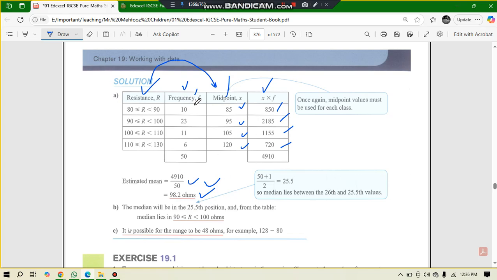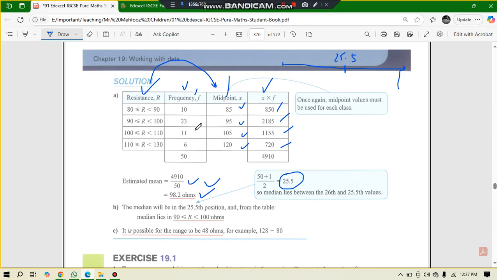Why? Because the total frequency is 50. So the total number of values is 50, right? So the central value can be found as n plus 1 over 2, that is 25.5. It means that the 25.5th value is the median. The median will be in the 25.5 position, and